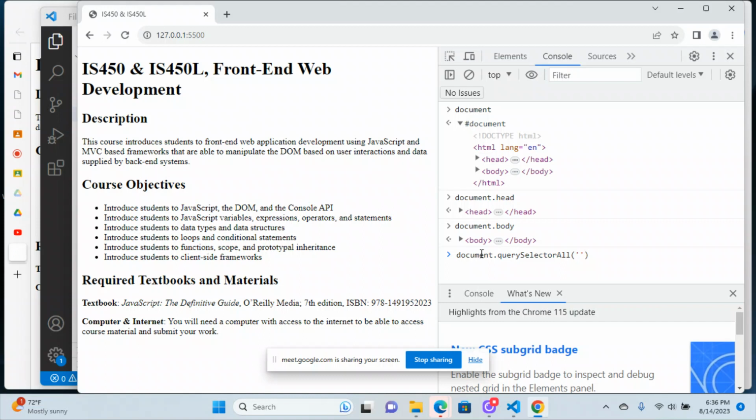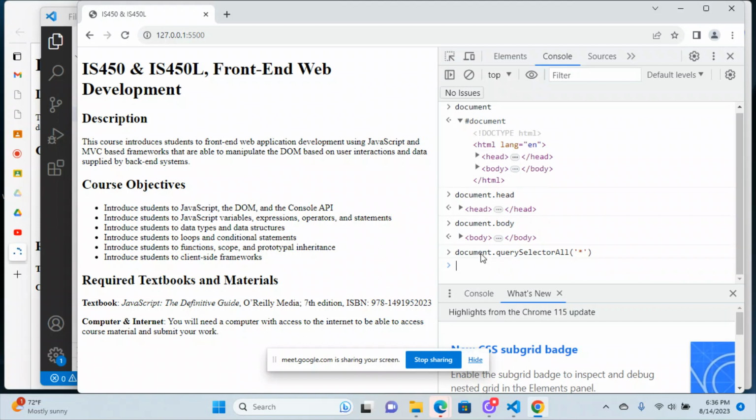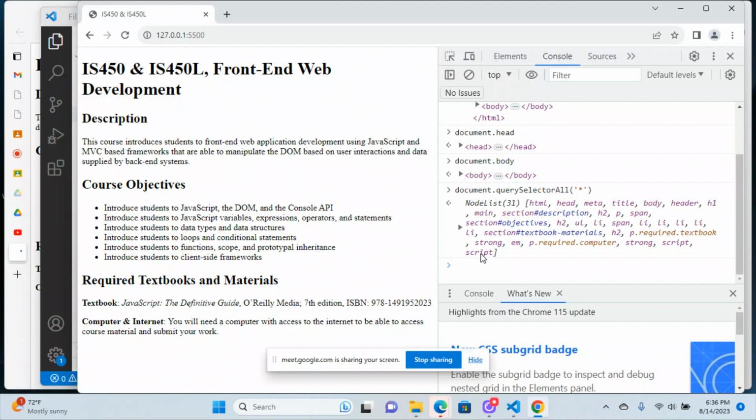So in CSS, you have what's sometimes called the splat selector or the universal selector, which is just the asterisk. That'll select everything. And there they are. So it gives me a big node list, including the HTML element, head, meta, title, body, header, all the stuff inside body and header and head. That gets everything. If I do